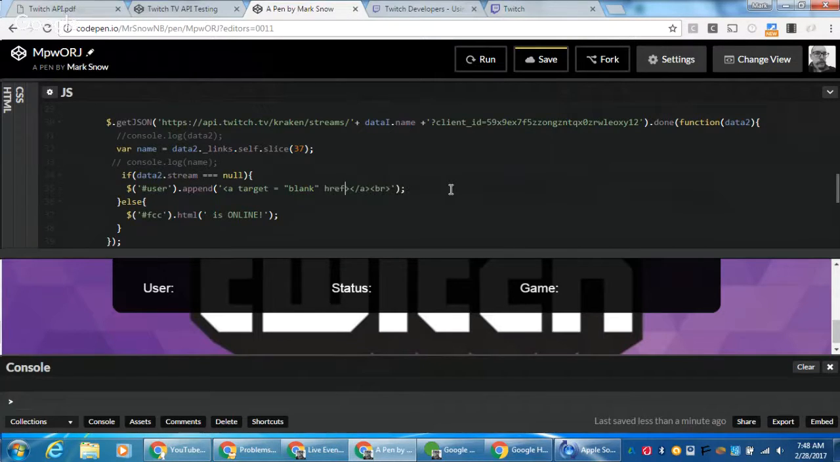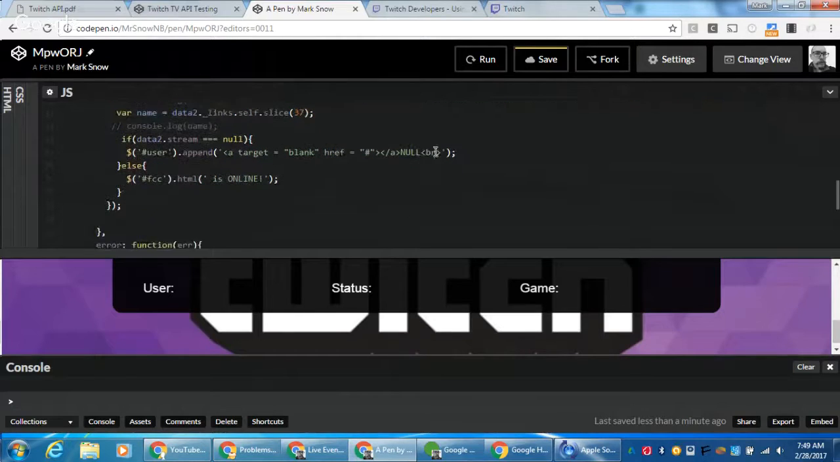And then href equals, again, I can get away with these double quotes. And this is where I'm going to have to concatenate a string and be careful of my escape quotes. All right. And then I'm just going to put null here. And I'm going to do the same thing for the else for the user. See? See? And instead of null, I'm going to write,